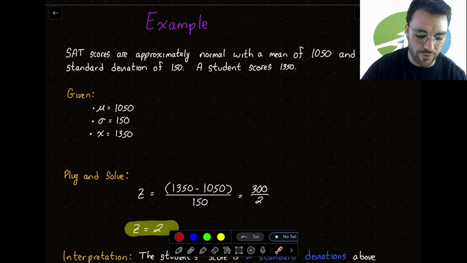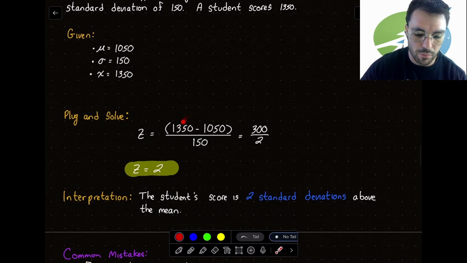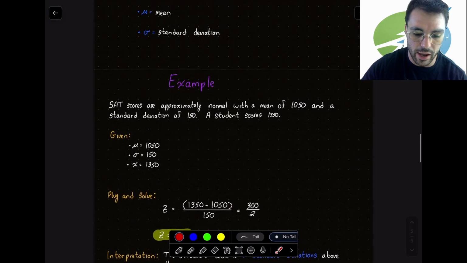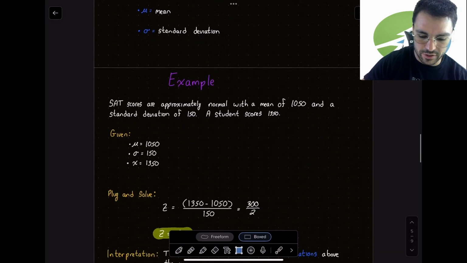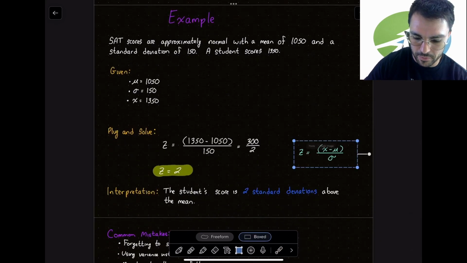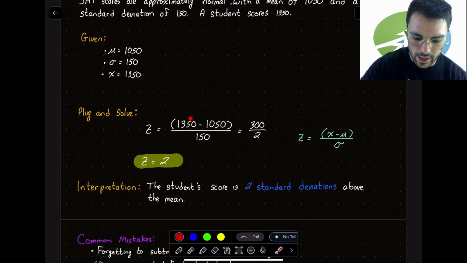So here's our given information. All we do is just plug and solve. X is 1350, mu is 1050, and standard deviation is 150. I'm just going to bring this down here so we can compare. Okay. So like I said, X right here, 1350 minus mu right here, 1050 divided by standard deviation, 150